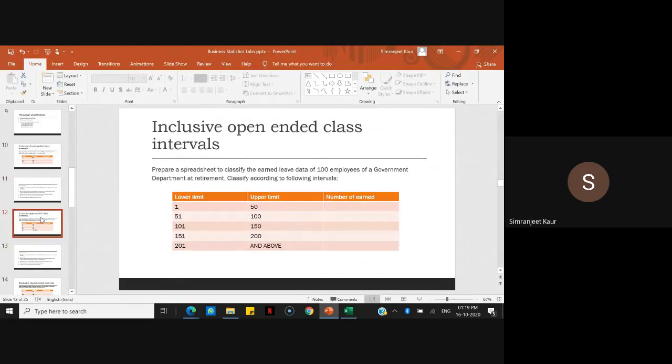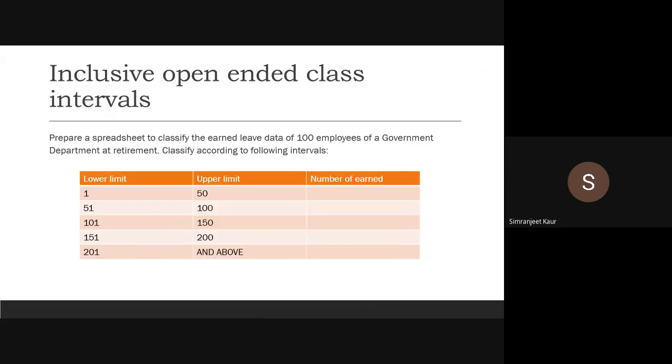This one has inclusive, open-ended class intervals. We have a similar question here, but now if you see, the class intervals are inclusive. Sorry, it is open-ended. Inclusive it was before too, but now it is not closed-ended, it is open-ended. So how to go about it? We give a proxy for this. We assume how we are going to calculate. So let's go to Excel.